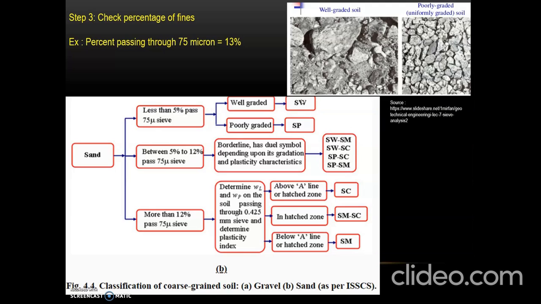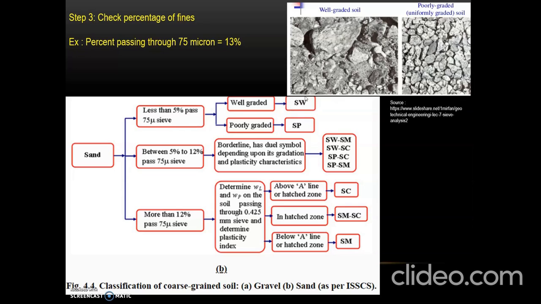We know that well graded sand is the one which will have the particles of all the sizes. Here in this figure we can see the well graded soil. Here there are particles of various sizes. So this is what is well graded soil. And when we know that the soil is well graded, if the value of Cc, that is coefficient of curvature, falls within 1 and 3, then we classify the soil as well graded. And if the value of Cu, that is coefficient of uniformity, is greater than 4, then it is well graded gravel. And if Cu is greater than 6, then it is well graded sand.